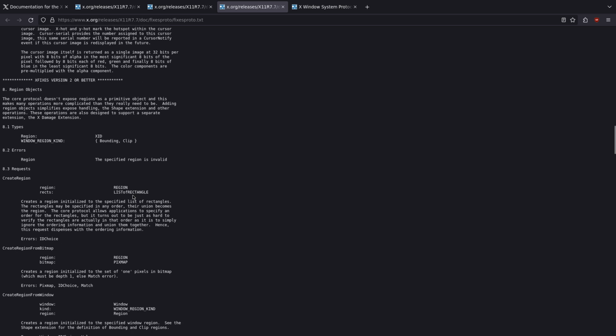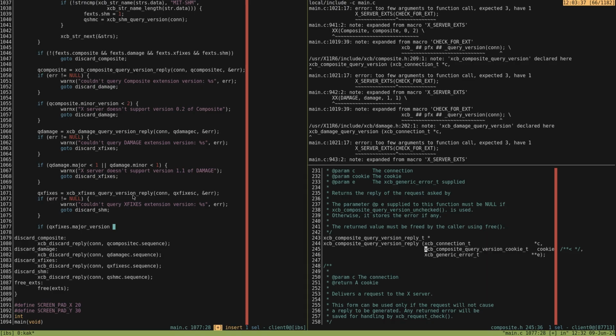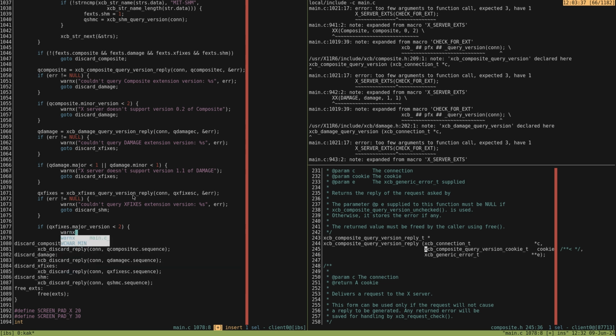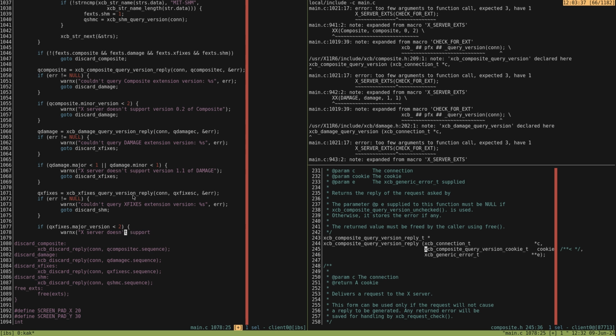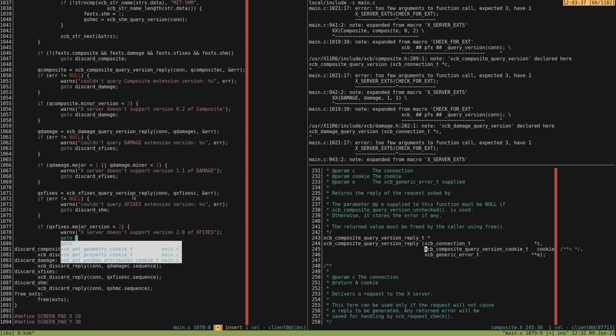Version 1, 2, I think. No, it's 2, 0. X server doesn't support version 2.0 of X fixes. Go to